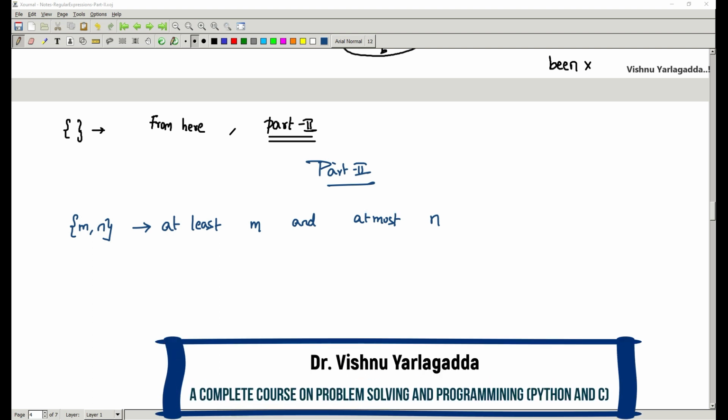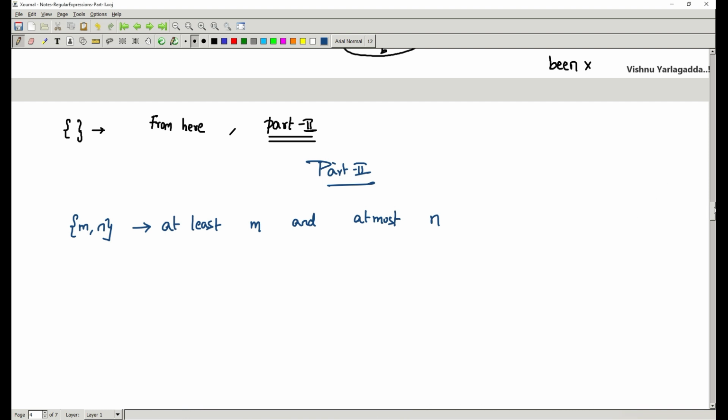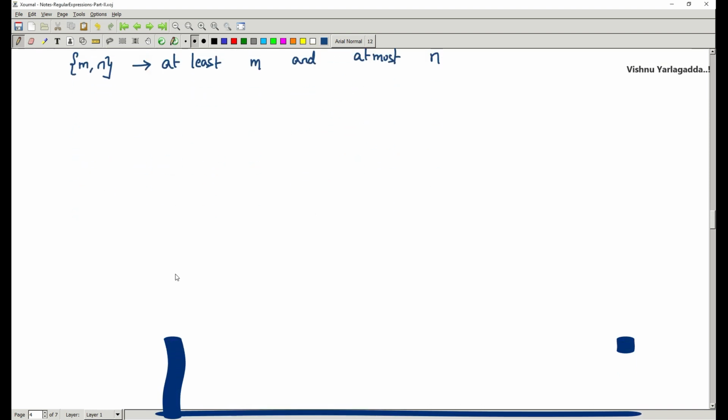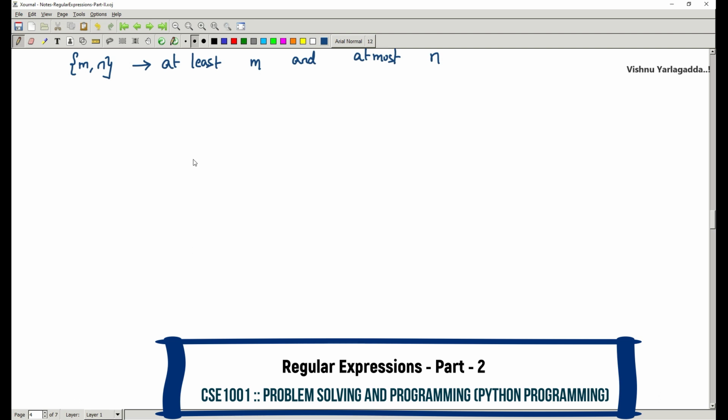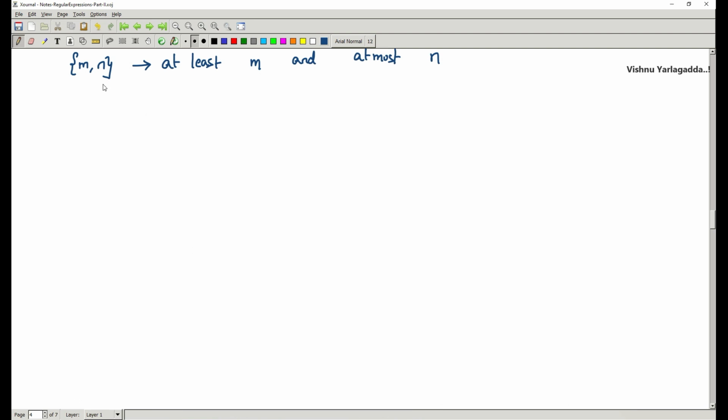Of course, CSC 1001 problem solving and programming. So, we are learning regular expressions. Here I'm going to explain part 2. I'm going to discuss various other expressions, like the first one,